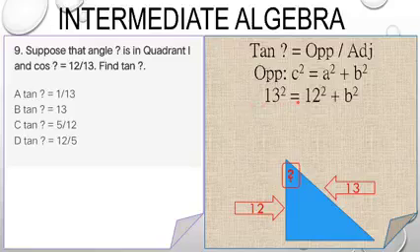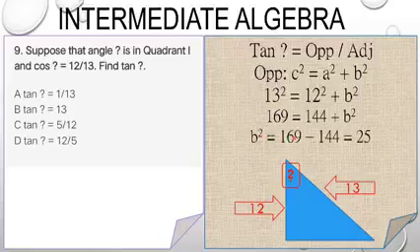And simplify natin. 13 squared is also the same as 13 times 13, or that is 169. 12 squared is equal to 144, and we have the b squared. Okay? So, para mahanap yung value ng b squared, yung 144 na to, ilipat natin sa kabilang side, kasama ni 169. And that is 169 minus 144 equals 25. That means, the value of your b squared is equal to 25. Hindi pa ito yung value ng b alone, or the opposite